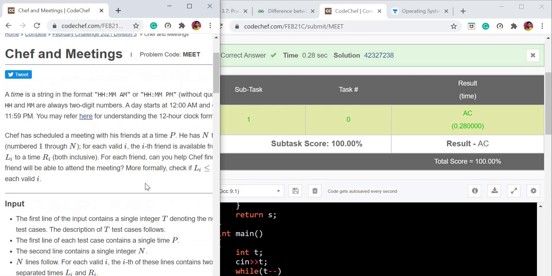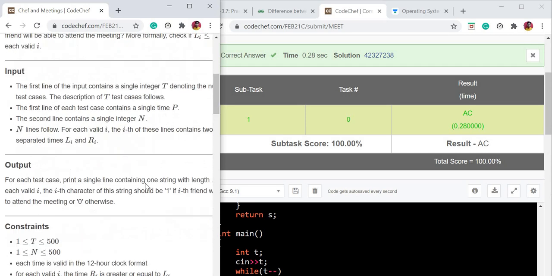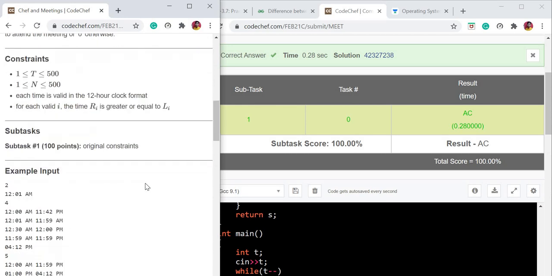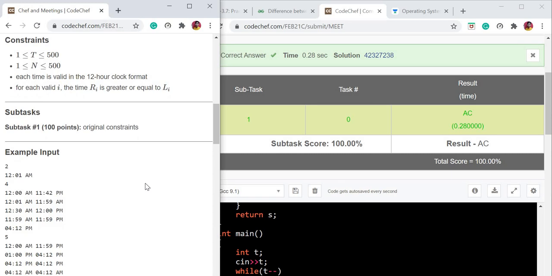There is nothing critical inside the algorithm, but what makes this question kind of critical is taking the input from the server. So in this video my main focus will be how to take the input from the server.